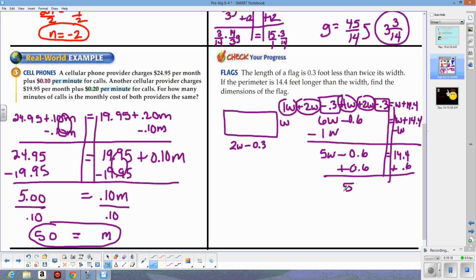Now I end up with 5W equals 15. Divide both sides by 5. W is equal to 3. So the width is going to equal 3 feet. And the length is going to equal 2 times 3, which is 6. And then 6 take away 3/10 is going to be 5 and 7